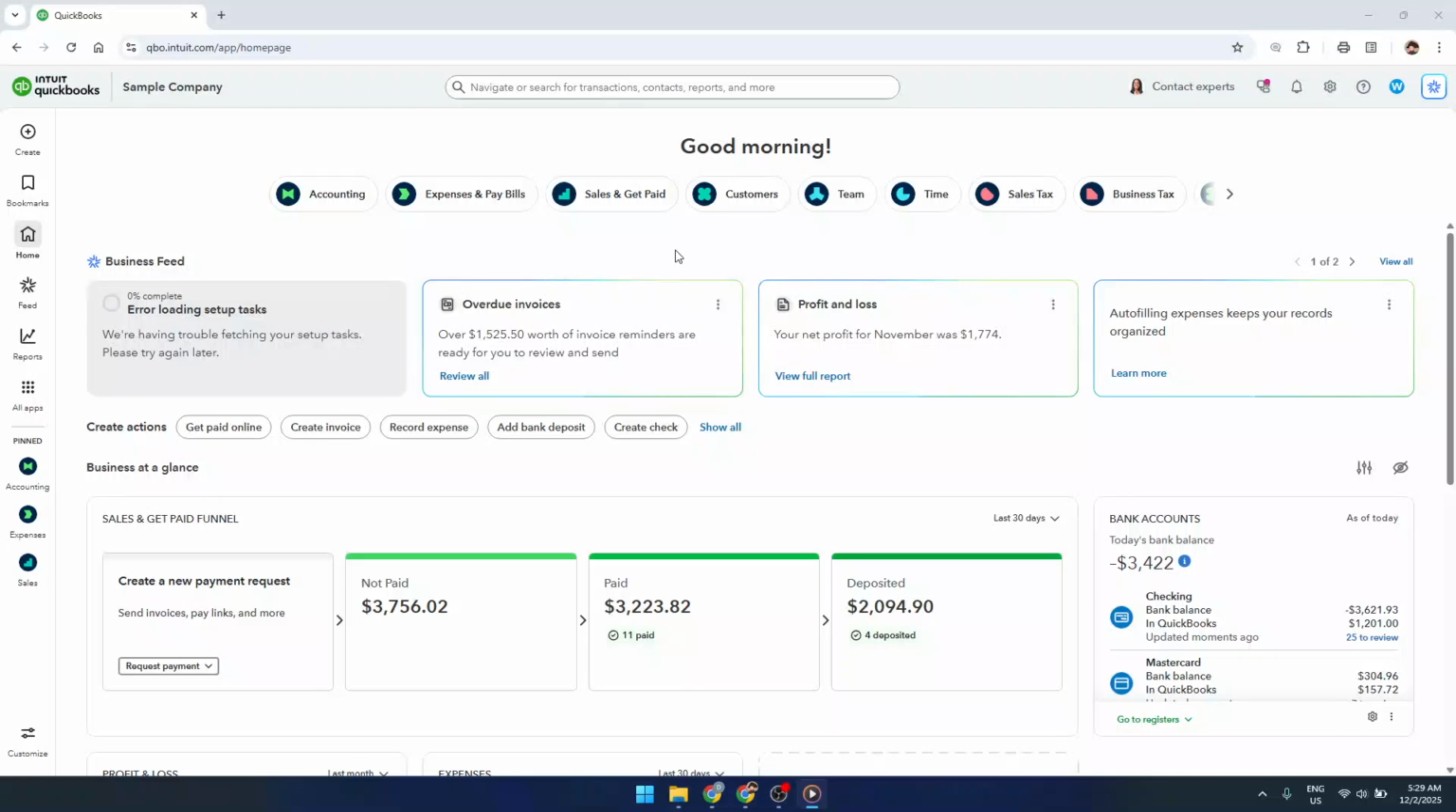In today's video, I'm going to teach you how to split a transaction in QuickBooks Online. This is really useful when a single bank charge or deposit actually needs to be recorded in more than one category or split between different customers, projects, or accounts. By the end of this video, you'll know exactly how to handle those mixed transactions so your books stay accurate